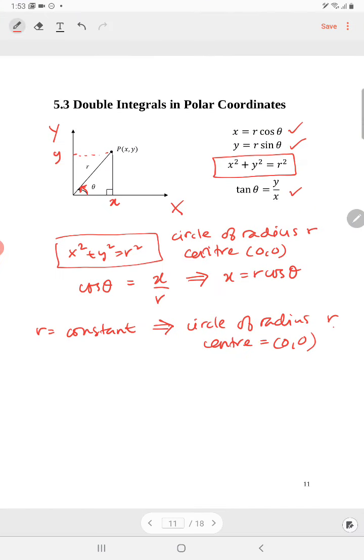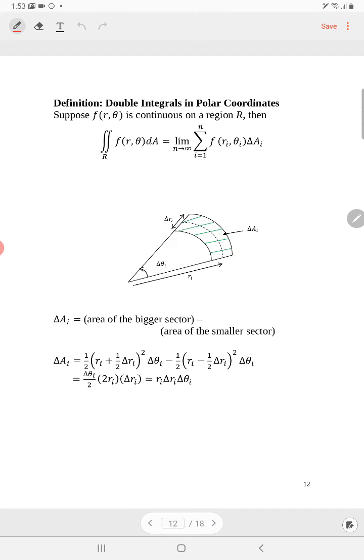Okay, so now we're gonna go to double integral in polar coordinates. What we're concerned with now is a function f of x, y, or if we're using polar, then we cannot use x and y, it's going to be r and theta, and we want to integrate over a region. So the next step is to find what is dA